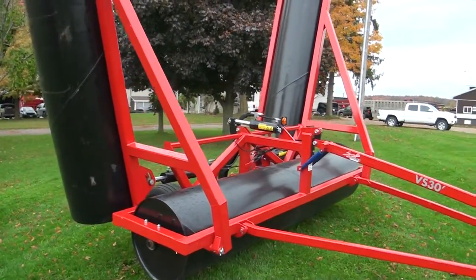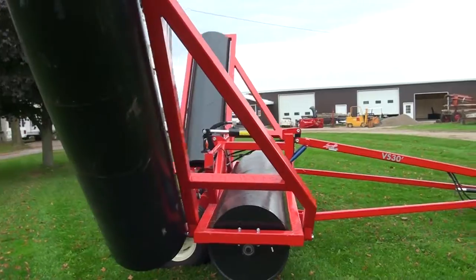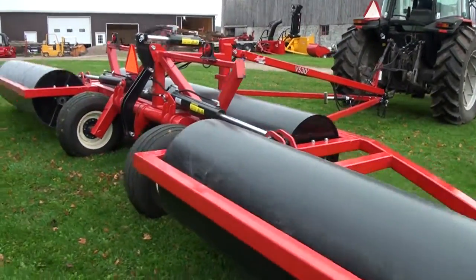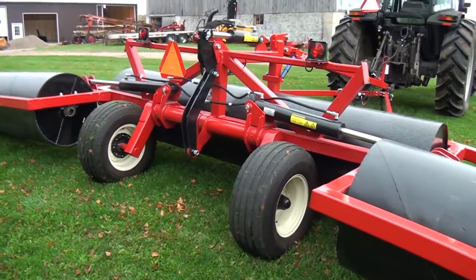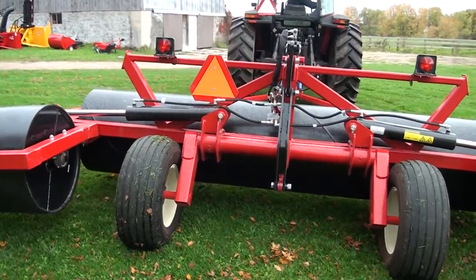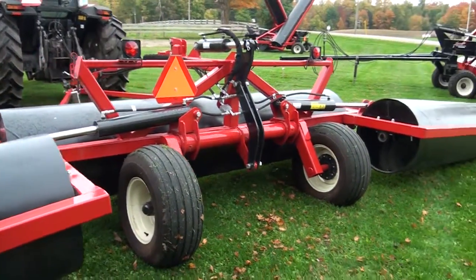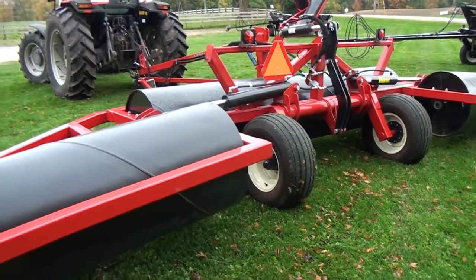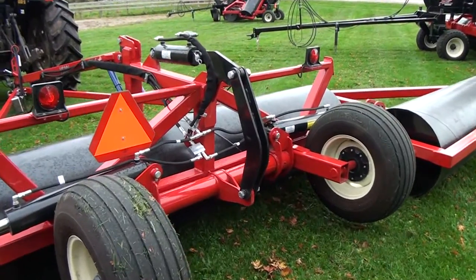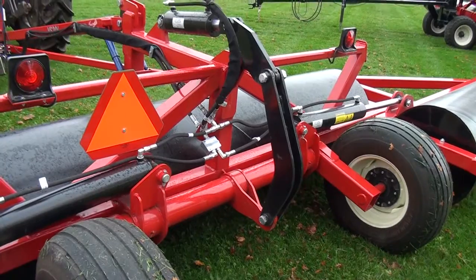Smyth's VS Series Land Rollers incorporate all the necessary design features to make it last for many years to come. Features like 1.5-inch diameter greasable wing pivot pins, 4 extra wide wheel lift bushings, 4-inch by 4-inch by 1/4-inch wall tube frame, 30-inch diameter rollers, 3/8 of an inch thick main drum, and 7/16 thick wings, with 5/16 inch thick reinforced ends. Heavy-duty industrial hydraulic cylinders as well as adjustable scrapers are just some of the great advantages of owning